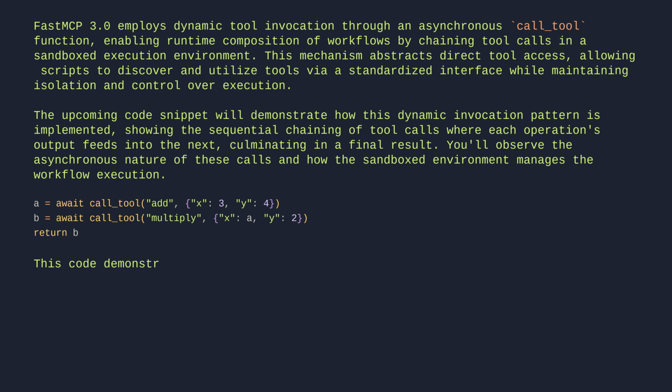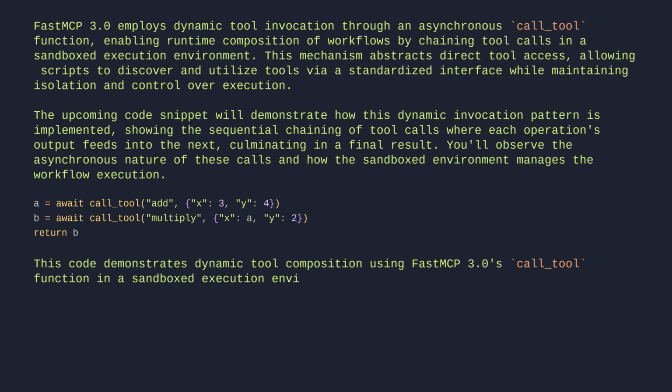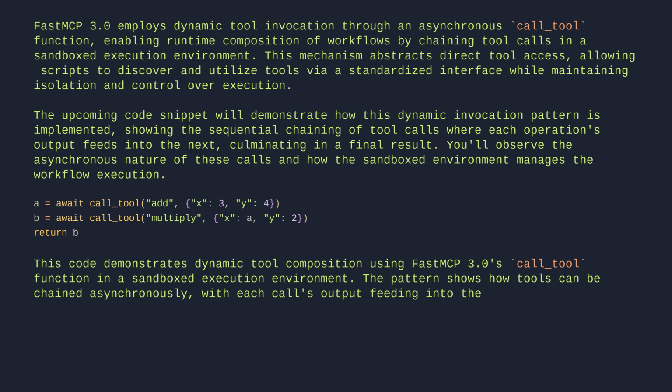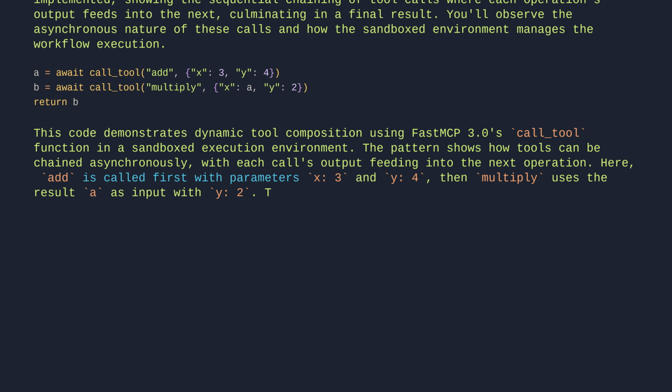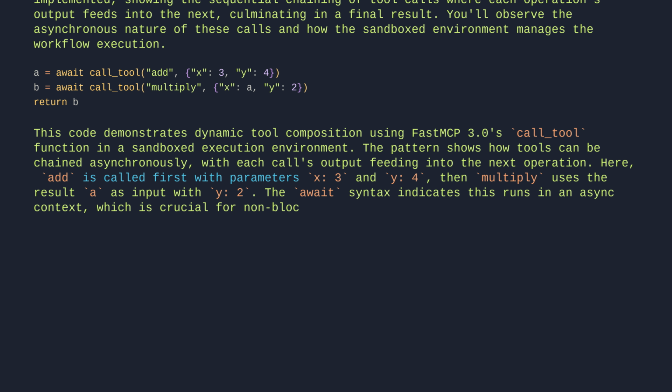This code demonstrates dynamic tool composition using FastMCP3's call tool function in a sandboxed execution environment. The pattern shows how tools can be chained asynchronously, with each call's output feeding into the next operation. Here, add is called first with parameters x, 3, and y, 4, then multiply uses the result as input with y, 2. The await syntax indicates this runs in an async context, which is crucial for non-blocking tool execution in